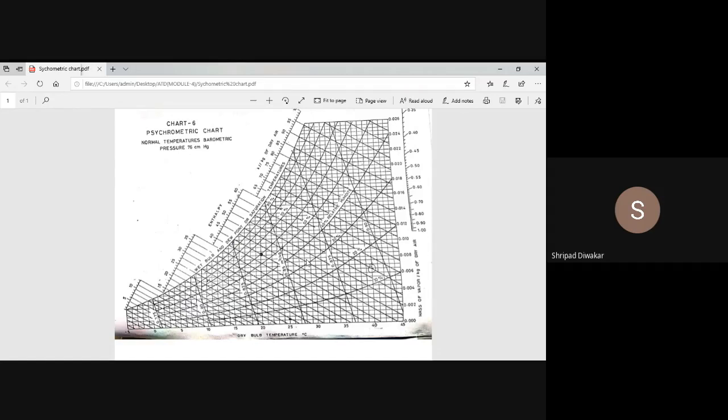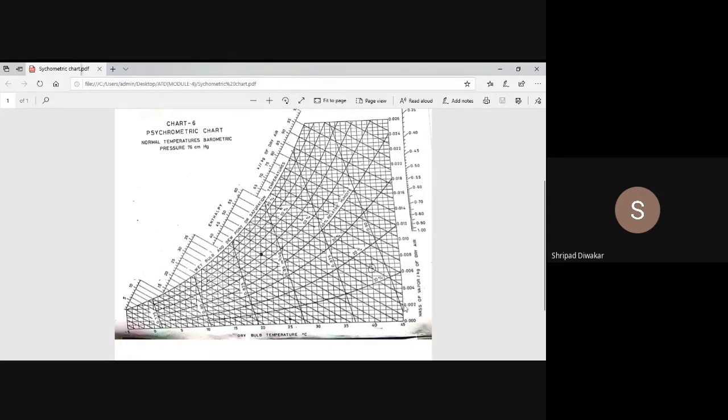Okay, how to find out specific humidity? You have the intersection point of 10 degree WBT and 20 degree DBT. This is the intersection point. That intersection point is most important, so with the help of that one, you can locate the other points. How to find out specific humidity? Just move in the horizontal direction. Whatever value is there here gives your specific humidity. Here it is nearer to 0.002. You can take the accurate value.